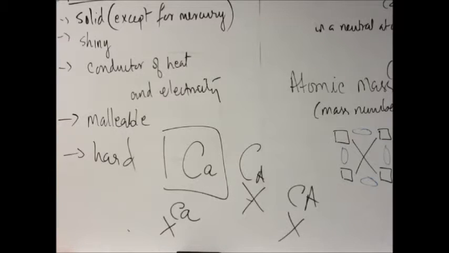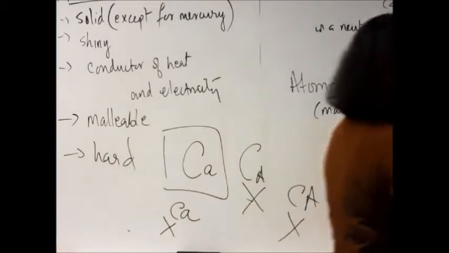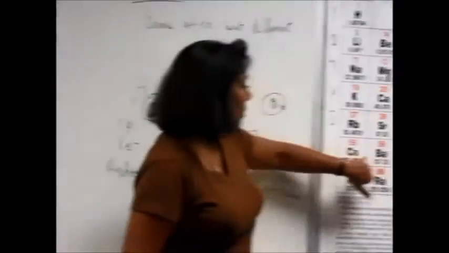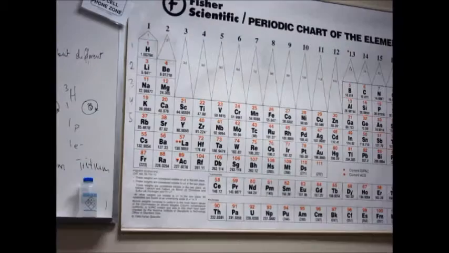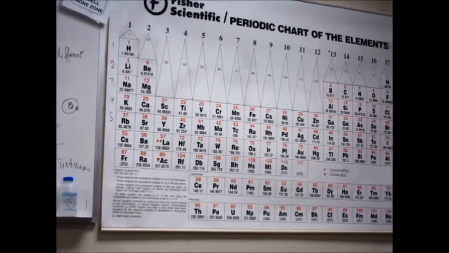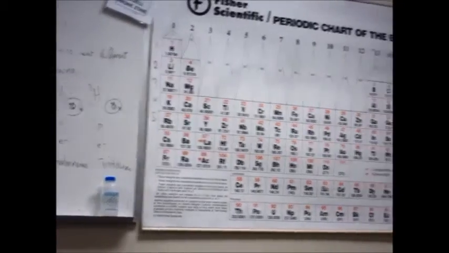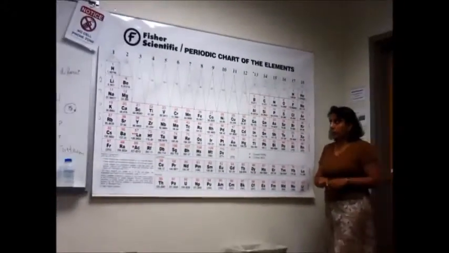Okay? So again, as I said, chemistry is a different language. Learn it properly. Okay? So you will see that elements either have a one-letter symbol or a two-letter symbol, and if they have two letters, the second letter is always going to be lowercase. Okay? So please learn it that way. You have to remember some of these. So I'm going to go through a few of these with you, really quickly, if you could go with me.